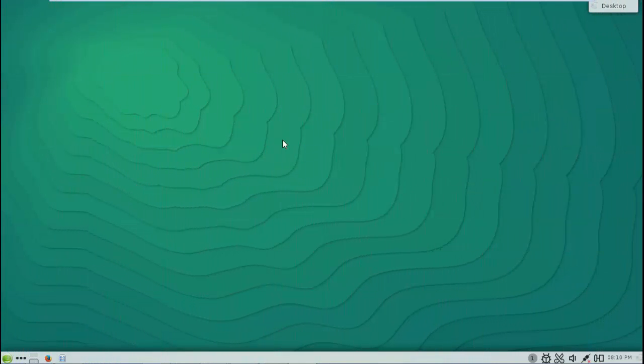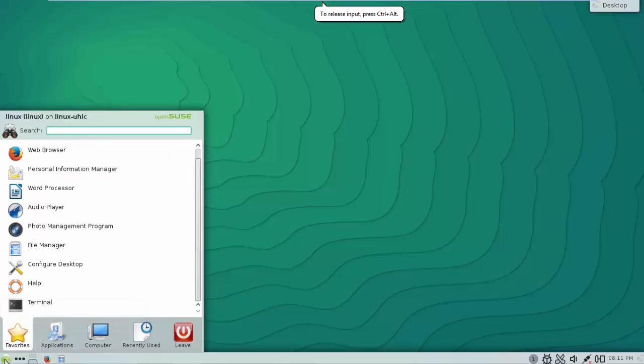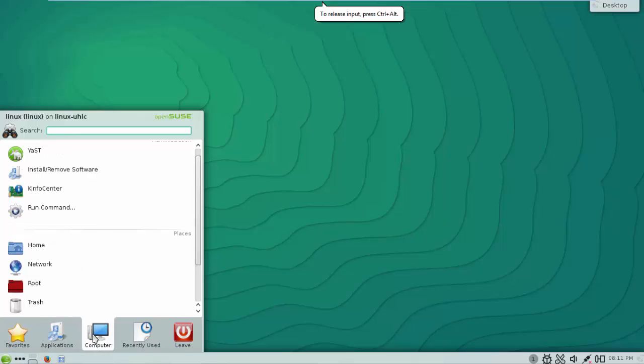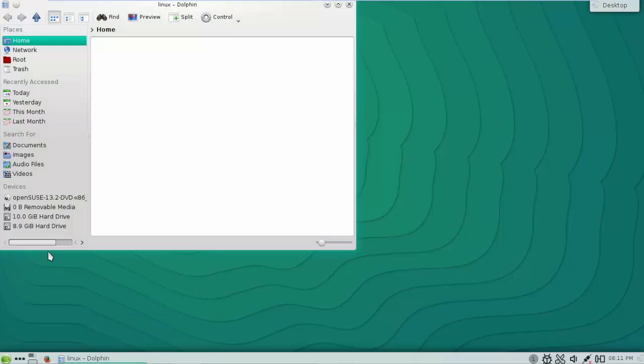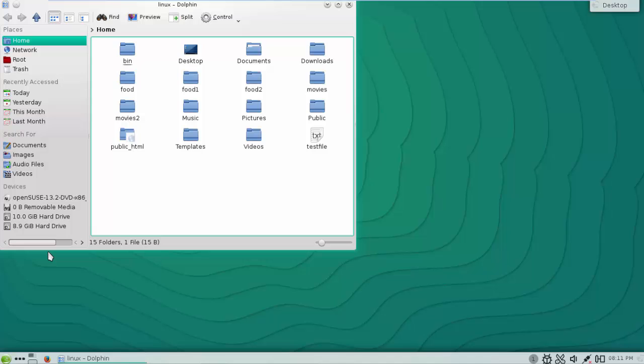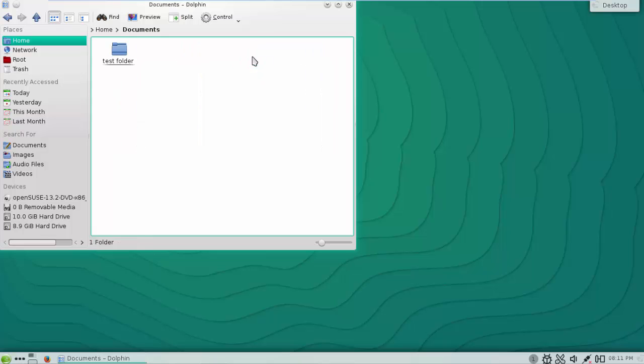You can also take a look at file permissions in the GUI. To do so, we're going to click on the application launcher. Then we're going to go into our computer and click the home folder. In the home folder, we can actually click any folder. For this tutorial, I'm going to go into my documents, test folder, and I'm going to check the file permissions